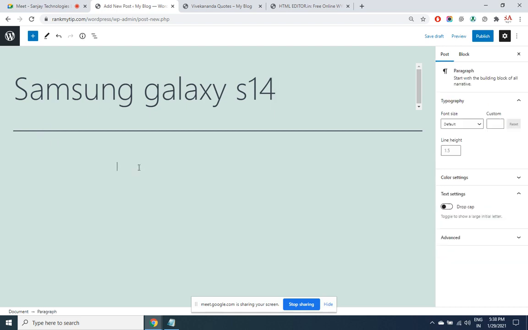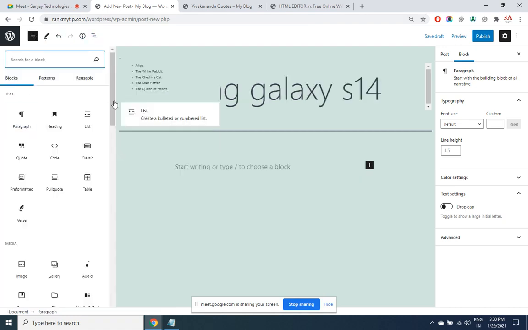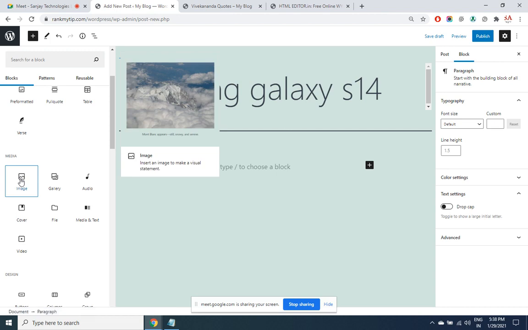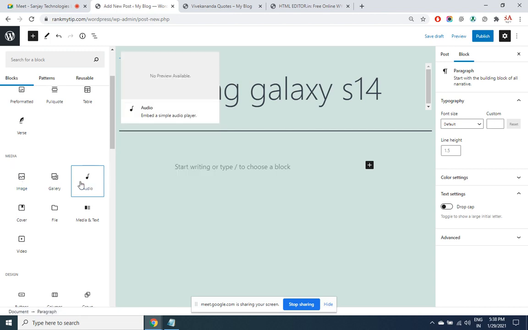I want to have an image here. So here you have an option to add an image. You can add even gallery. You can add an audio file. Now this option is missing in Blogger. You can add a video. You can add file. This option is also missing in Blogger.